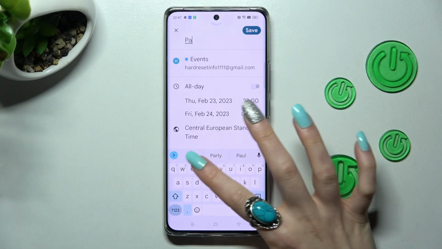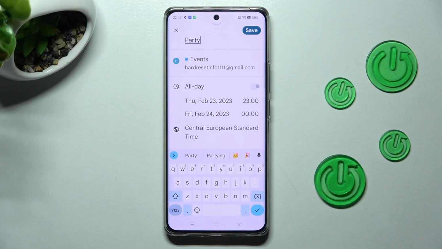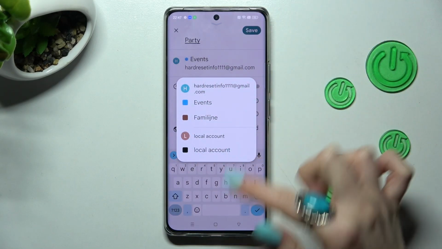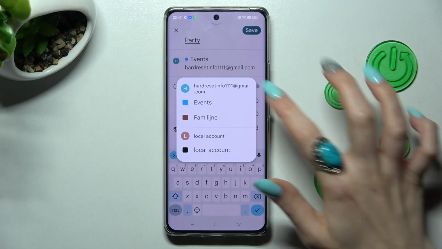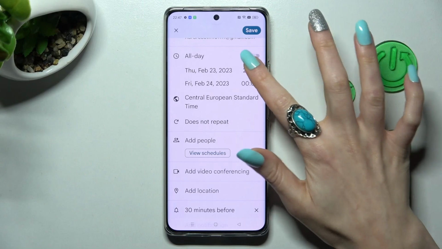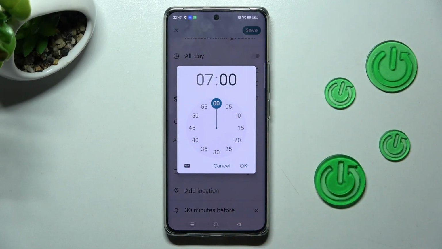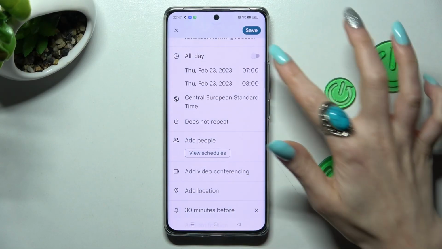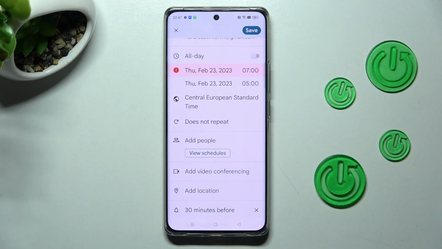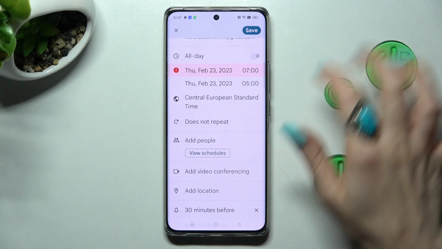For example, add a title over here. You can also change your email address or tap on one of those sections, like events. Then pick starting hour, save it by choosing OK, and ending one. If you don't want to do that, you can always disable this feature completely by choosing this switcher next to